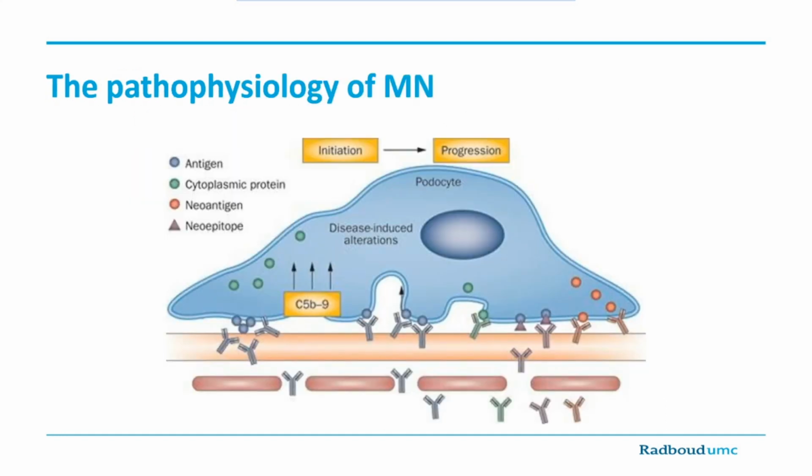So what is happening here? What is happening is that there's an antigen on the podocyte. In 70% of the cases, this antigen is called the phospholipase A2 receptor. And this receptor is targeted in an autoimmune fashion by the patient's own immune system, where IgG targeting the phospholipase A2 receptor